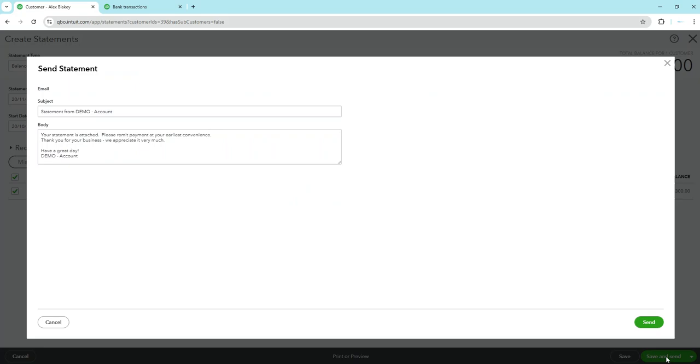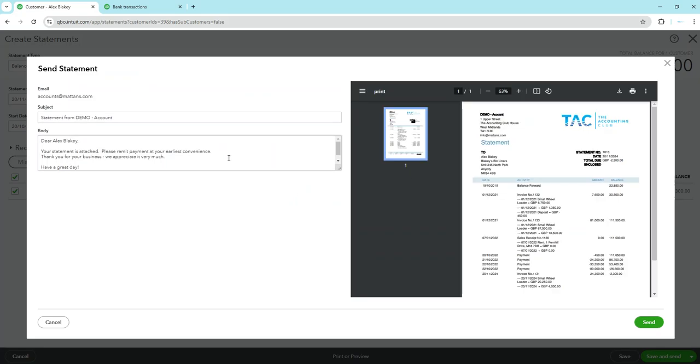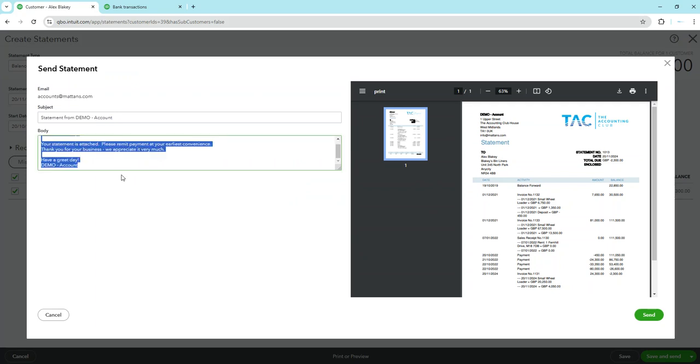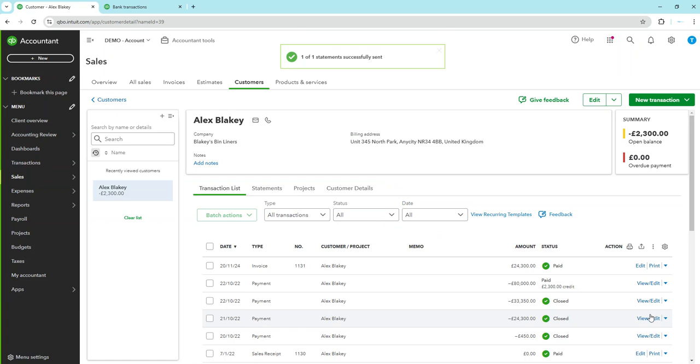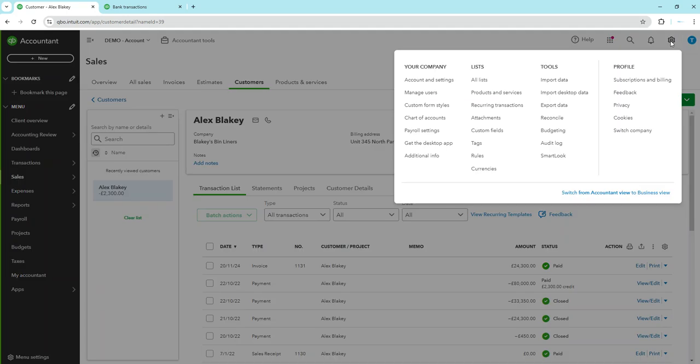Then you get a chance to manually update the body of the email if you want to. Once you do that, all you need to do is click on send, and the statement goes to the client. Now you are able to edit your default statement, the wording, the body of your statement. If you want to do that, you need to click on the settings button top right, go into account and settings,